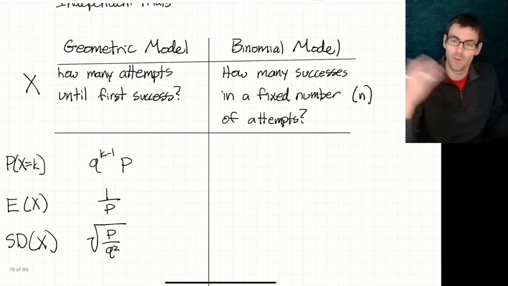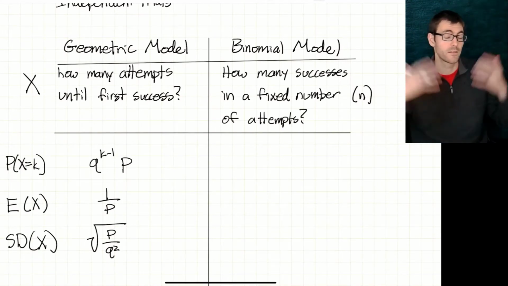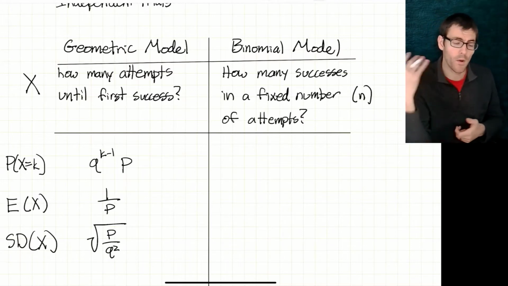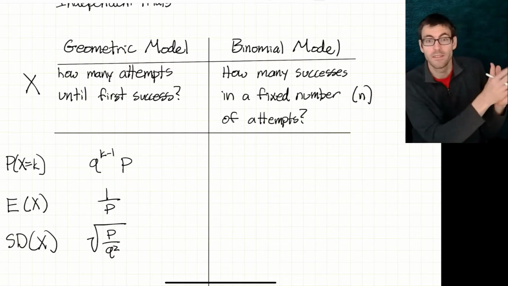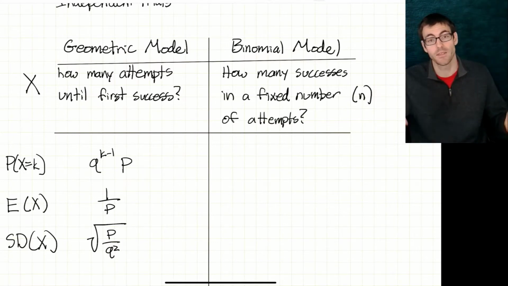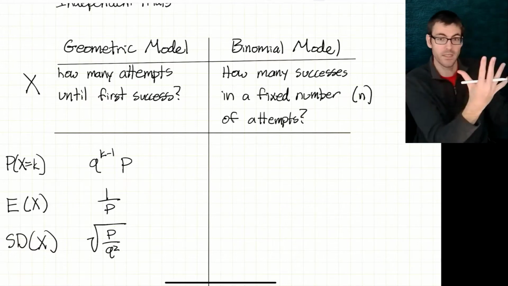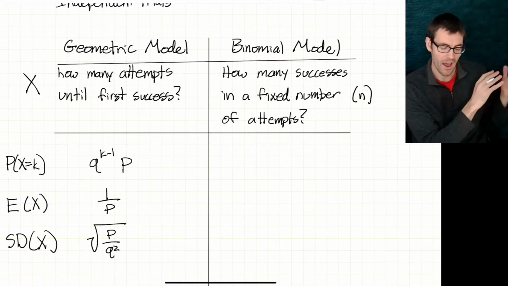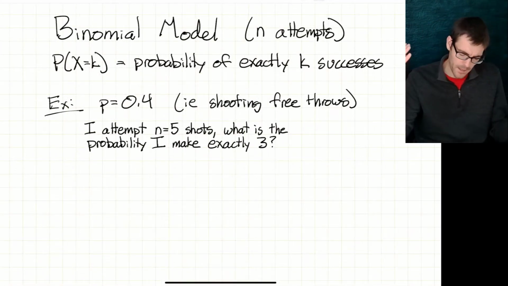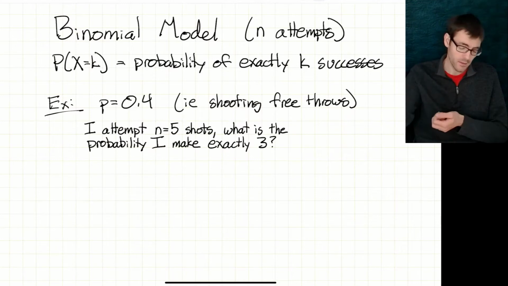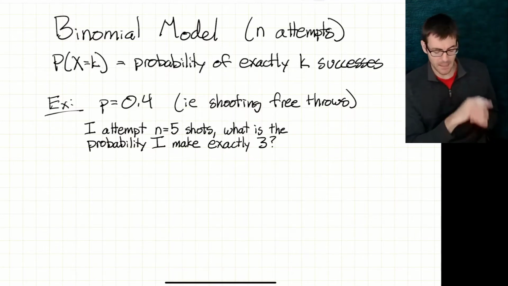The other model that we want to talk about also works with these Bernoulli trials, these success or failure situations, but we're asking a different question about what we're counting. Rather than asking how many attempts it takes to finally get a success, we are asking, if we're attempting n times, how many successes do we expect to get? Here's an example. If my free throw shooting is 40% and I shoot 5 shots, what is the probability that I make exactly